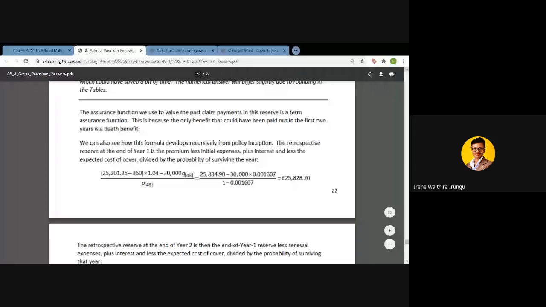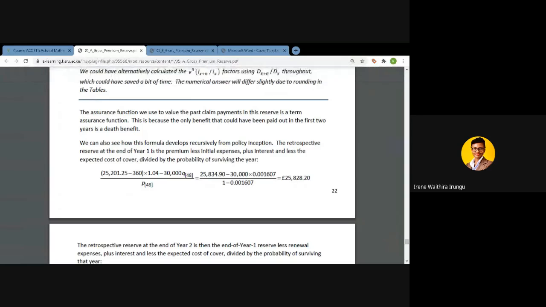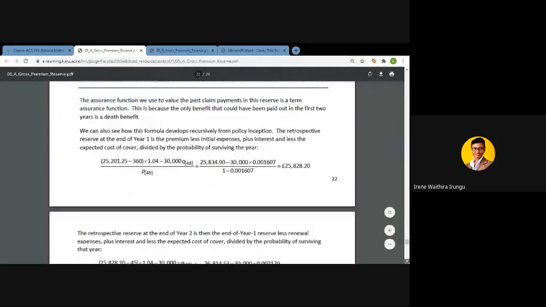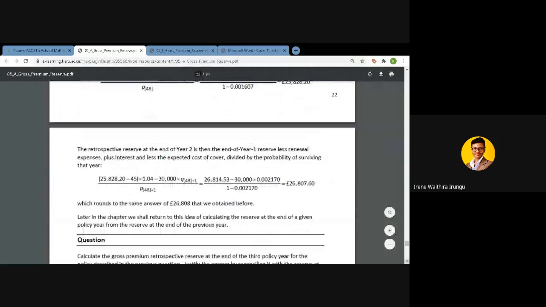Yeah. So it means that if, for instance, the retrospective reserve at the end of the first year will again be equal to the premium less initial expenses plus interest and less the expected cost of cover, divided again by the probability of surviving. So you would have it equal to this, which would have been the retrospective reserve by the end of the first year. However, in our case, we have computed the retrospective reserve as at the end of the second